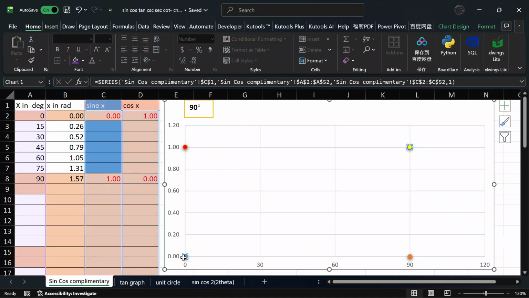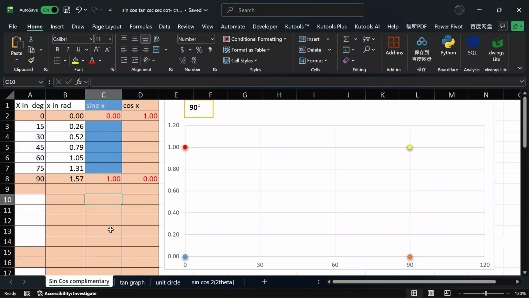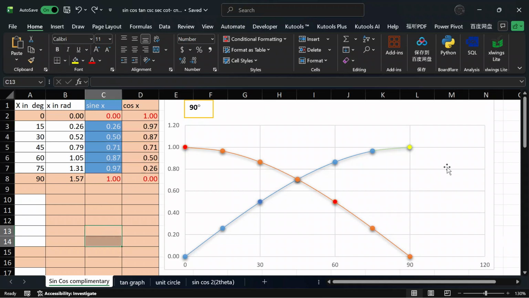sine, starting from 0 here, and then you gradually bump up to 1 at 90 degrees. Here's 90 degrees. However, if you are looking at the trajectory of the cosine, when sine is at 0, cosine, when the degree is 0, is actually 1. So it's decreasing and drops to 0 at 90 degrees, like a reversal. However, for this plotting effect,